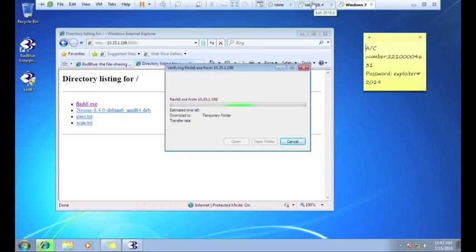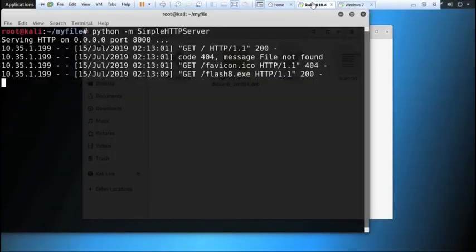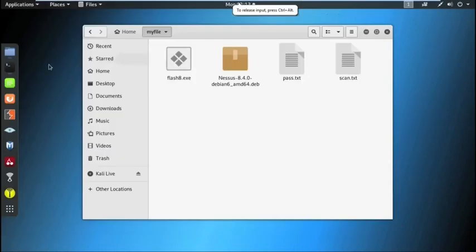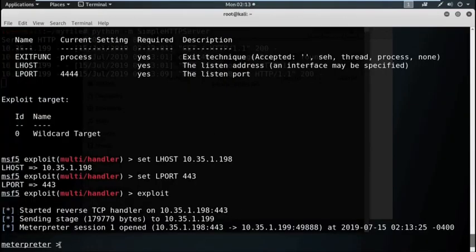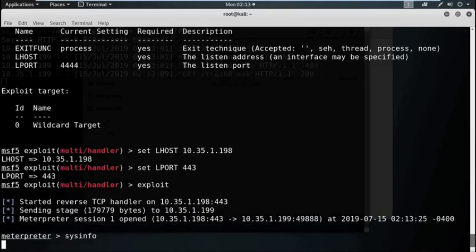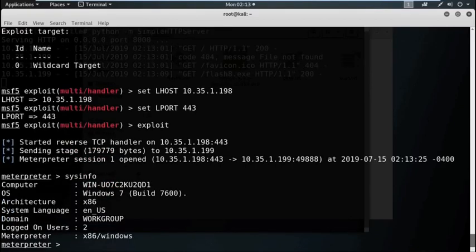And go back to the attacker machine, where we opened the listener, and see we got the session. Check the system information. Wow!